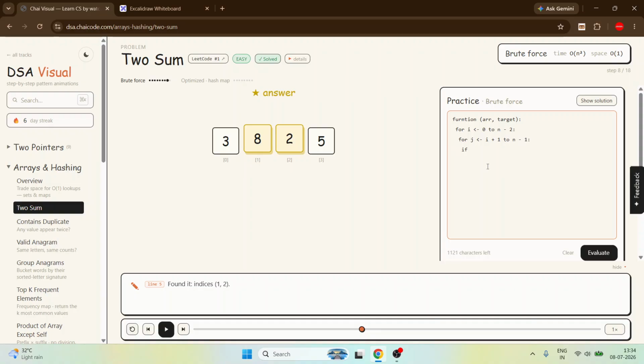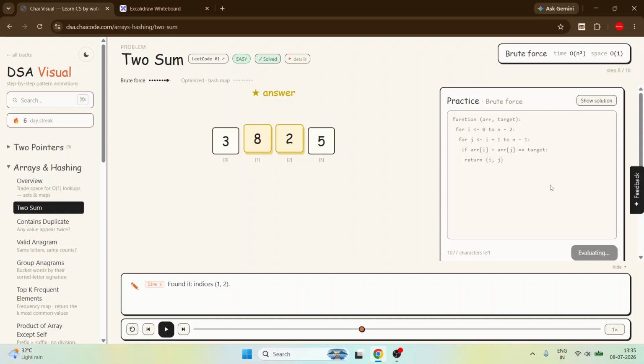Calculate the sum: if array of i plus array of j equals target, we get the target. Then simply return i and j, just return the indexes.